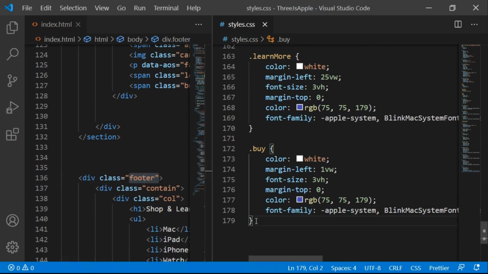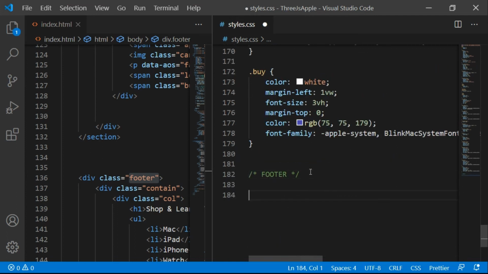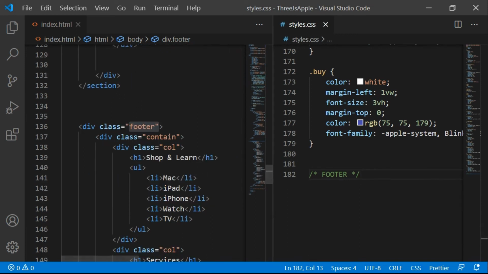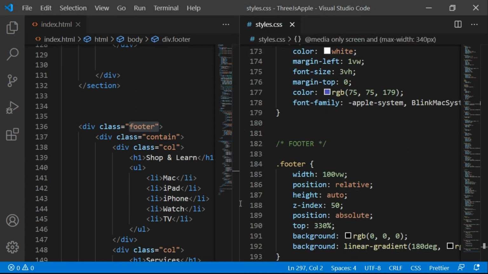Now I think let's target our footer tag here, which will be the last part. I'm simply going to paste all the code of the footer, and I will explain it to you in a single take, so it will be easier and less time consuming. I will just copy it from my screen which I extended, and paste it here. Perfect. So targeting this footer: position relative, height will be auto, z index will be 50. It might sound like a wrap, but it is how it is, right?